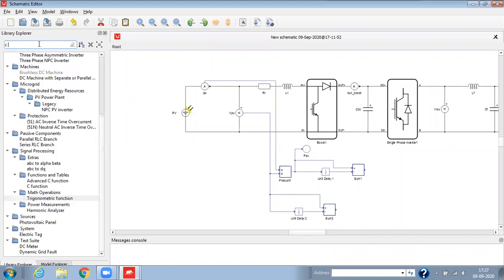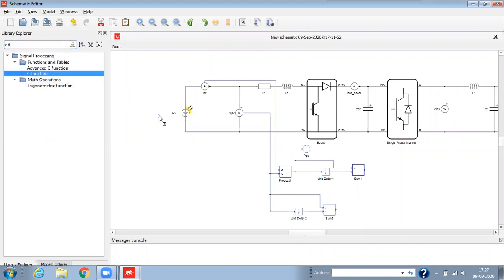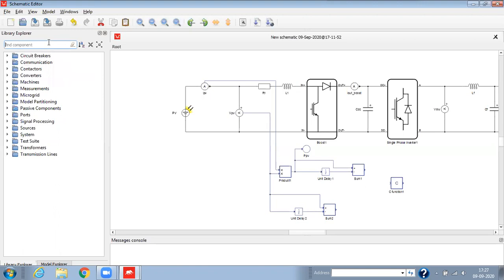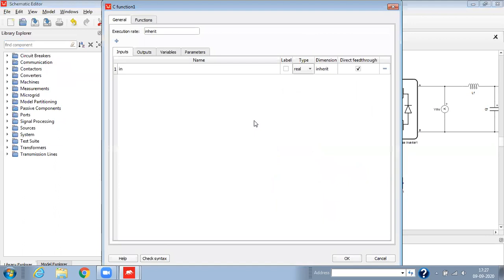So we'll drag the C function block. Now we are going to provide the settings here.